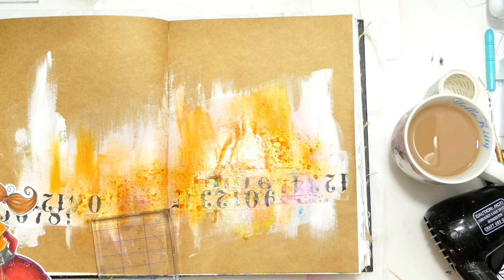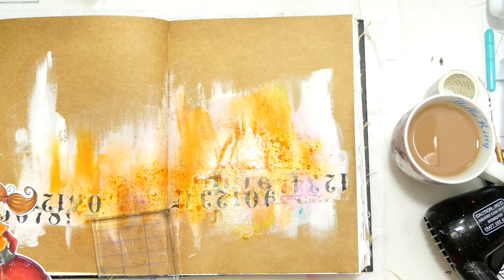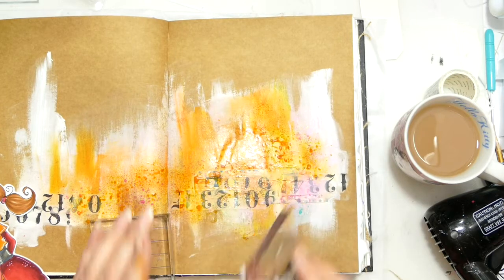So we've had gesso, gelato and spray, and now I'm going to be using ink. So I think we've covered the 3 mediums. It depends whether we're wanting to view gesso as a medium. But I reckon so. And I'm about to stamp with an ink, so I definitely think I'm covered, even if gesso doesn't cover me. So I am taking my little dotty stamp from, I think it's Sorted Mushrooms stamp set,